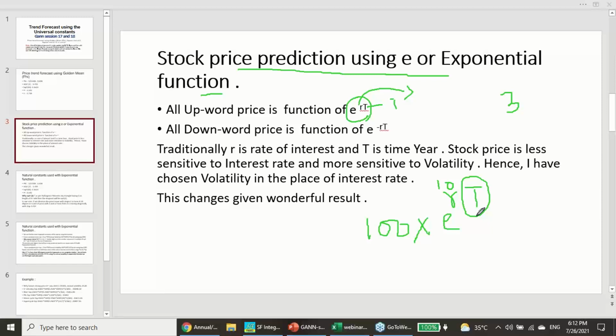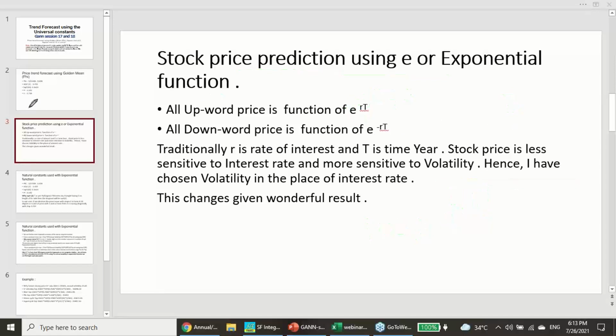So here they argue that whenever a stock produces more return than its estimated or fair value, it has a higher alpha. This is what is traditionally utilized. I am going to exploit this particular formula and accommodate all the Gann constants into it and see what kind of result I get. So this is the traditional way.